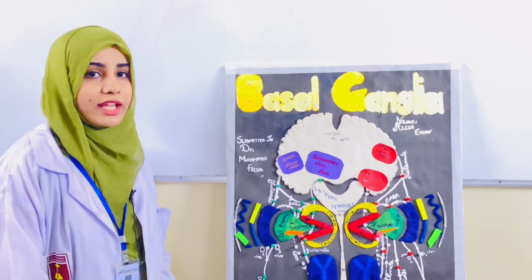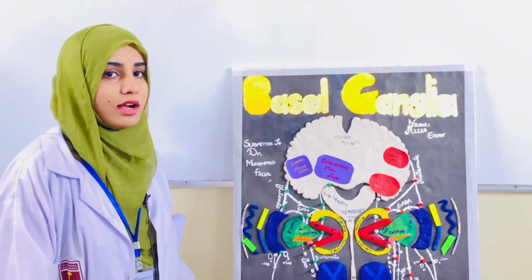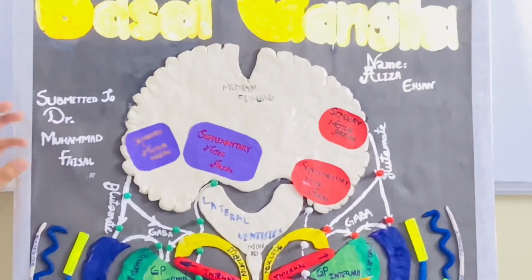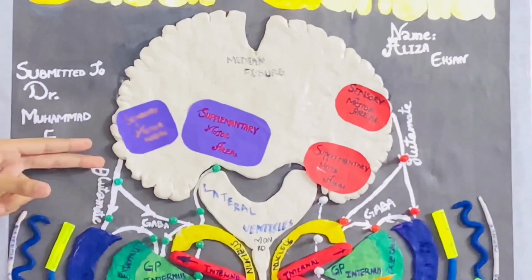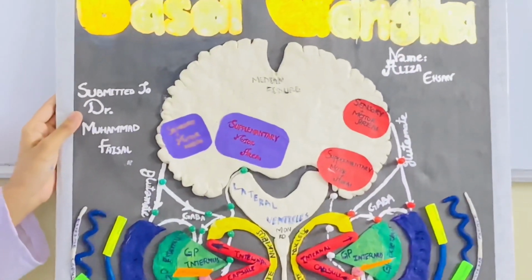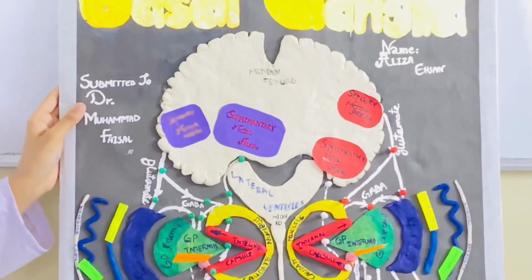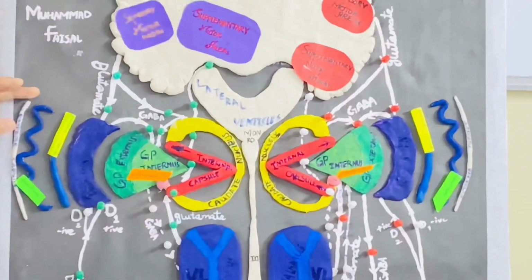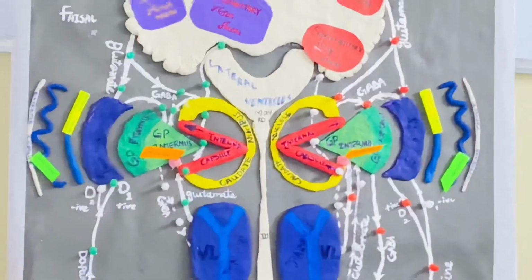Today I am going to explain the basal nuclei, which is mostly called the basal ganglia. The basal ganglia are subcortical masses of grey matter, which play an important role in the extrapyramidal functions, the extrapyramidal system. It consists of the grey matter which lies in the telencephalon, diencephalon, as well as in the mesencephalon.